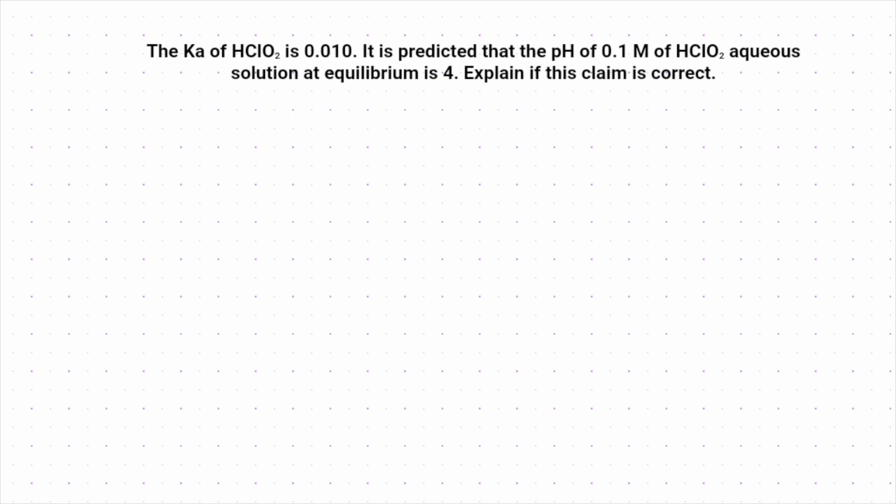Question number 1. The Ka of chlorous acid is 0.010. It is predicted that the pH of 0.1 molar of chlorous acid in aqueous solution at equilibrium is 4. Explain if this claim is correct. In order for you to answer this question, the first thing you need to do is to write a balanced